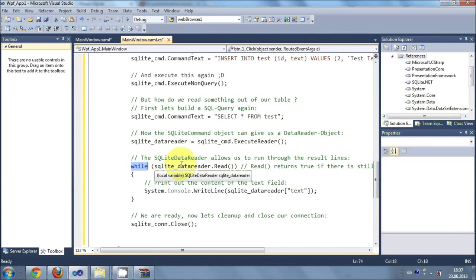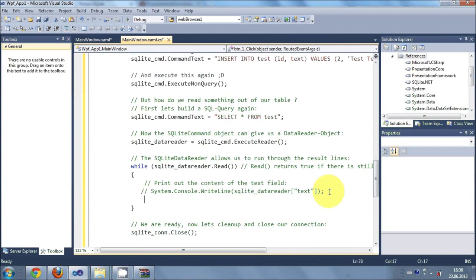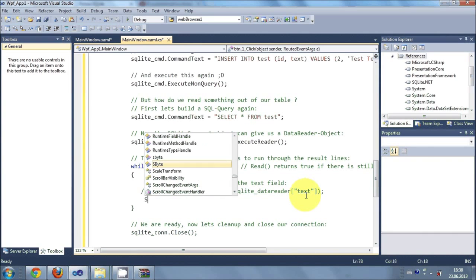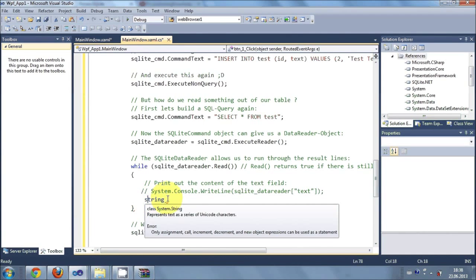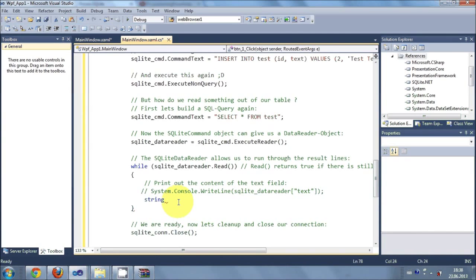You have this while loop argument SQLite_data_reader.Read, and in here they have provided this code. So instead of this code, I will comment this code here, and I will declare a string variable. So I will write string, not this String but string with small s, and I will name it as